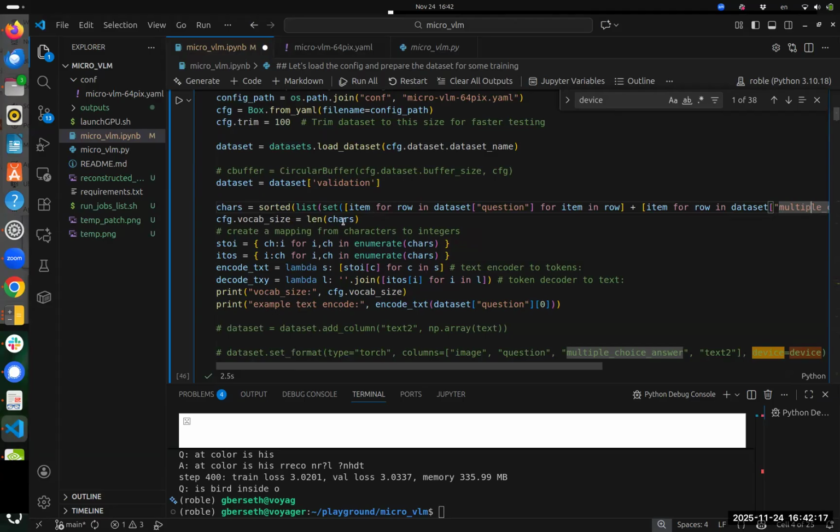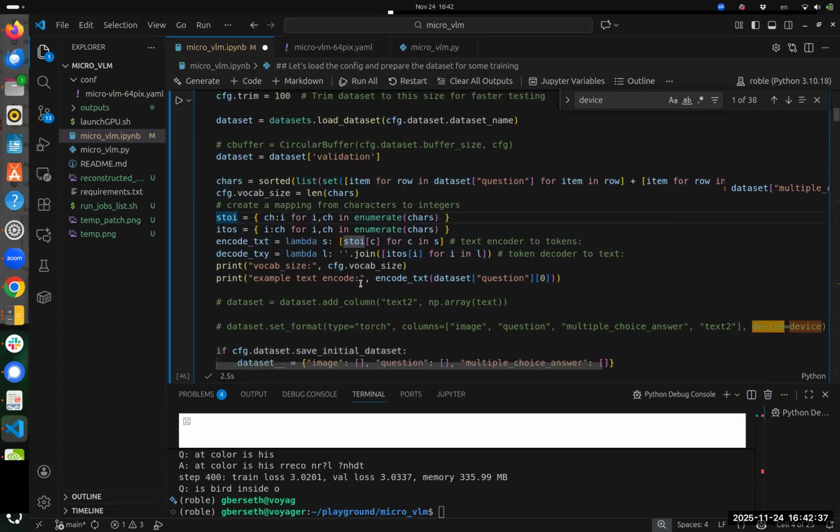And then from here, it's just the number of unique characters. So that'll be the size of our vocabulary, or basically our unique tokens. And this will just go from token to integer and then back, for when we want to decode stuff, to give some examples. Any questions? Good. Okay. And then the last part